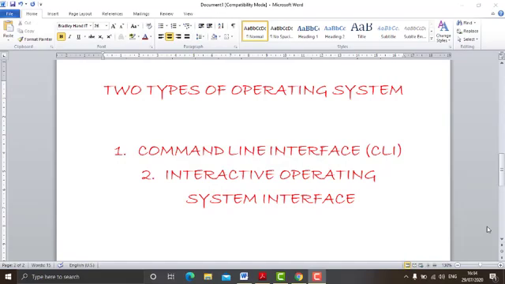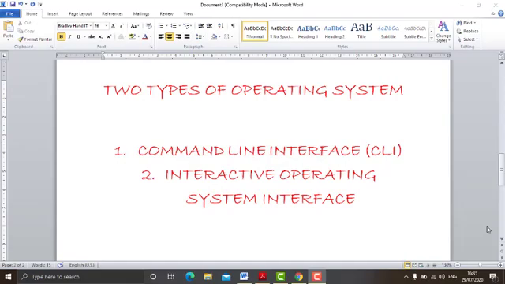There is nothing like a mouse or pointer or graphics, nothing is there. Only a command prompt is there, and on the command prompt we have to type a command, whatever work we require to do on that operating system. For that work a command is there. You have to remember the name of the command, the proper spelling of the command, plus you have to remember how that command will be written.